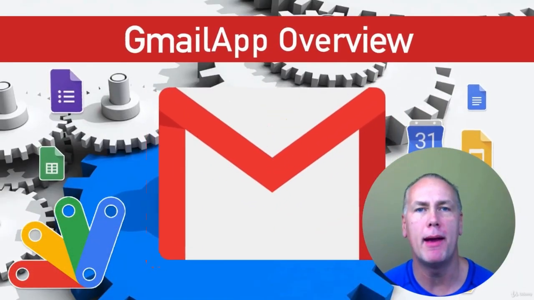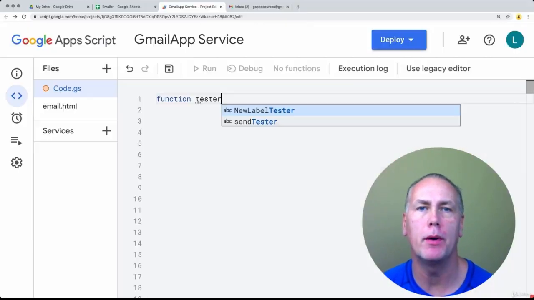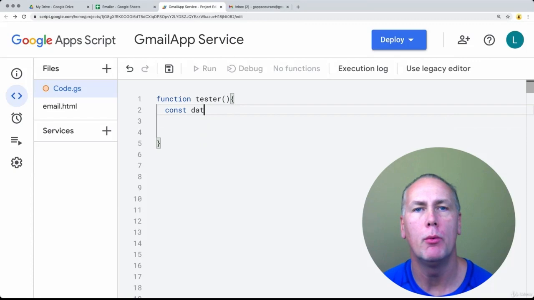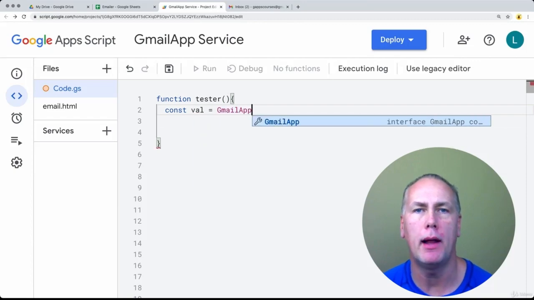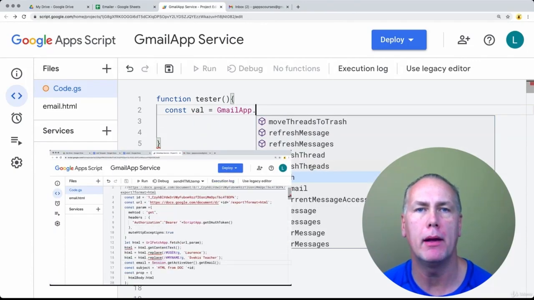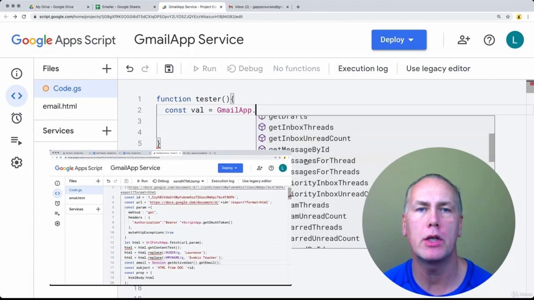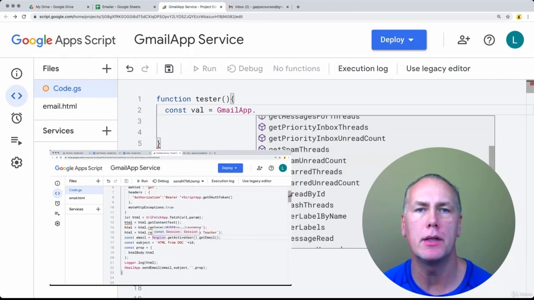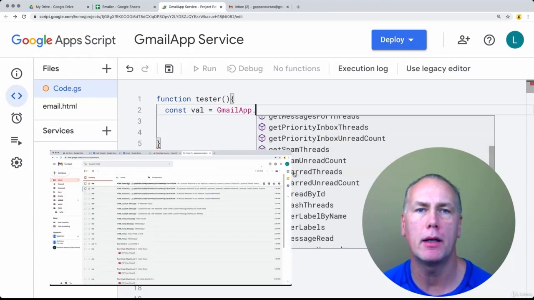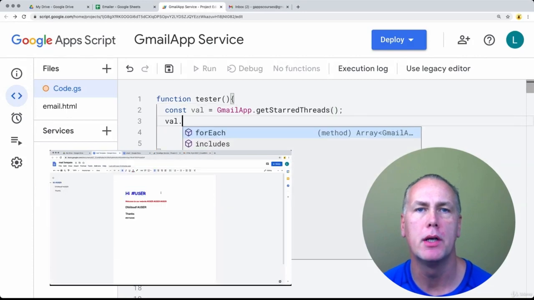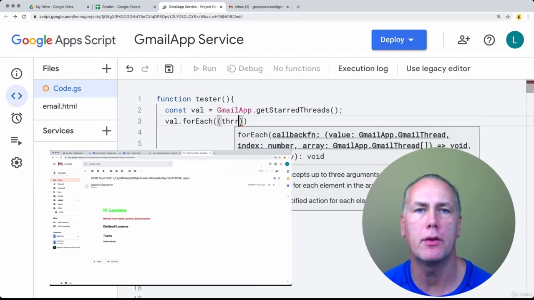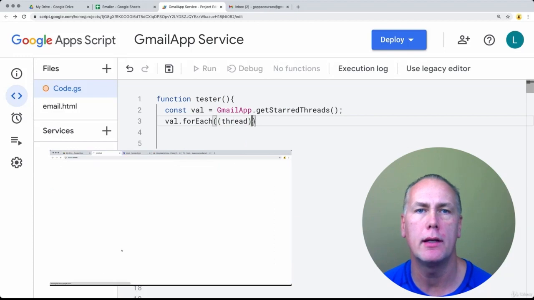Do you want to send emails with Google Apps Script? Well, this is the right section for you. We're going to be exploring the Gmail app service, also the mail service, all the different functionalities that can be done using these services, such as interacting with your Gmail inbox, selecting messages, getting the threads, getting message content, sending